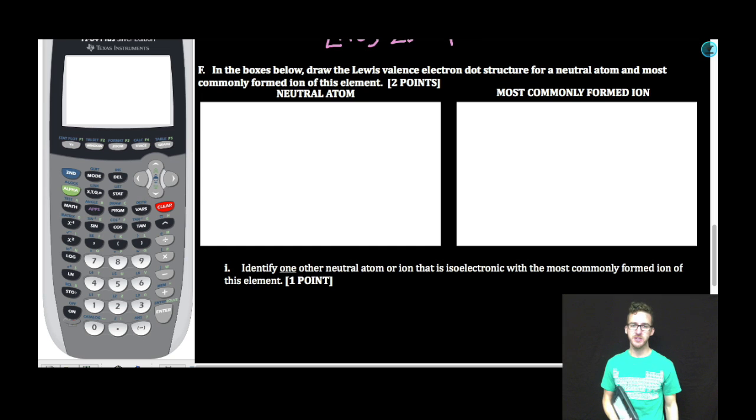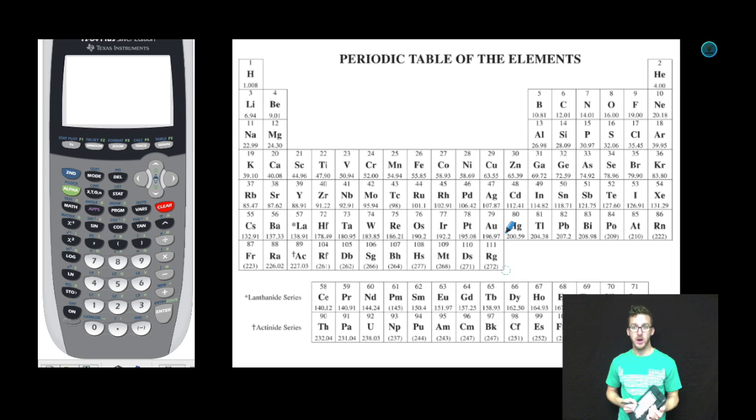Part F. Fantastic. In the boxes below, draw the Lewis valence electron dot structure for a neutral atom and most commonly formed ion of this element. All right, the Lewis valence electron dot structure. Our focus is on the valence electrons for fluorine. There are a bunch of different ways that you can do this. You've just written a bunch of electron configurations and you can use those, or simply go to your periodic table